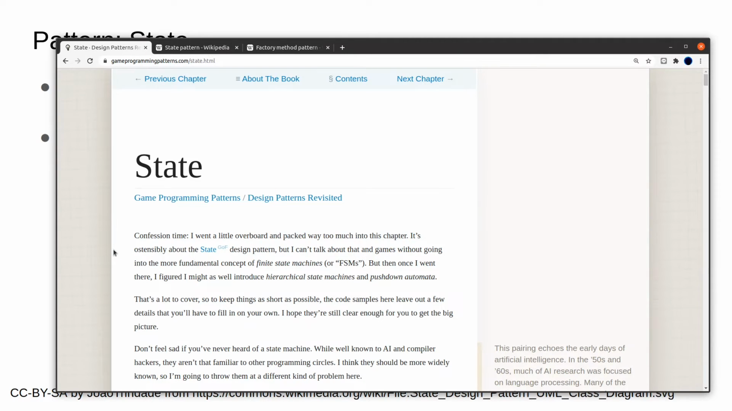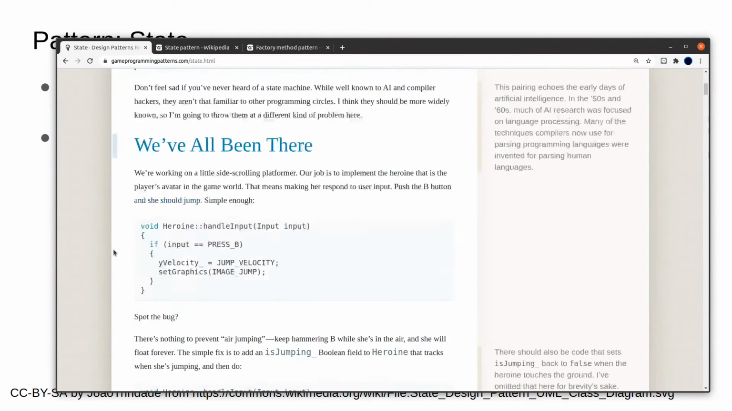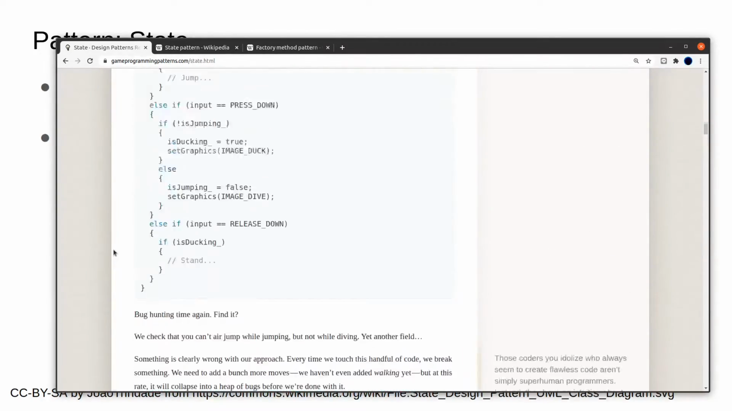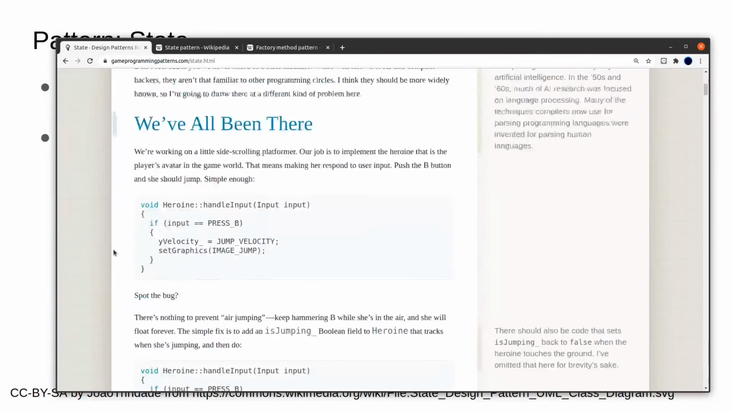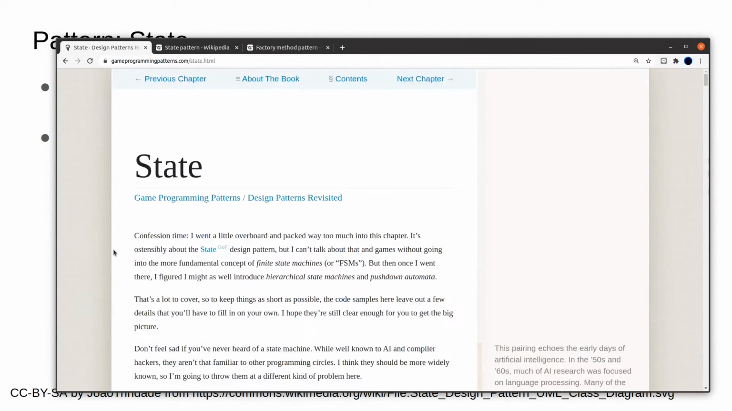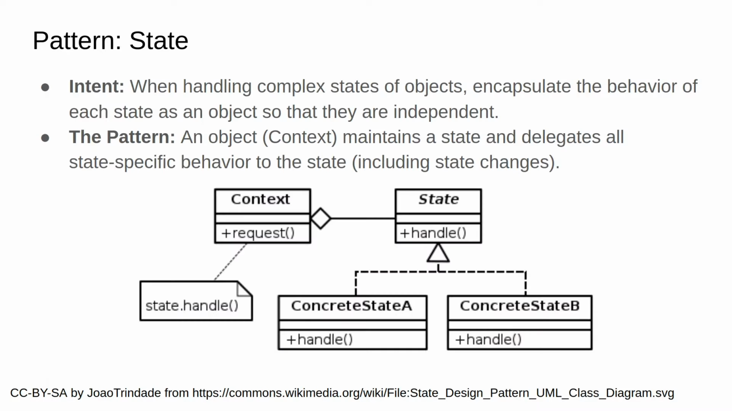Okay, so before we continue, you should go and read this description of the state pattern. You can pause the video and go ahead and read this. Okay, so the idea is that